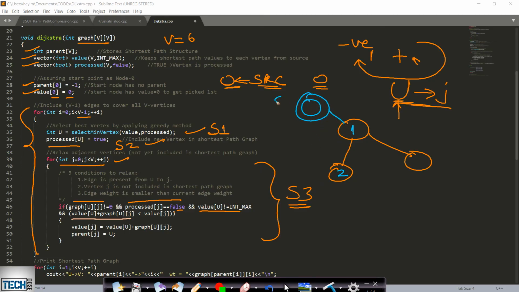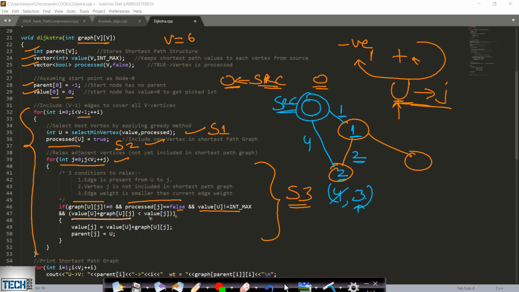Let's say our source was equals to 0. And from 0 to 2, we already know that cost is equals to 4. But we know that from 0 to 1, the cost is 1. And from 1 to 2, the cost is 2. So if we already know that in order to reach from 0 to 2, the cost is 4, we have written it here. Now if we are at node 1 and we are relaxing all the outgoing edges, then the cost to reach to this 2 from this source via this node 1 will be equals to this cost 1 plus this cost 2, which will be equals to 3. So we will be taking the minimum of 4 comma 3.